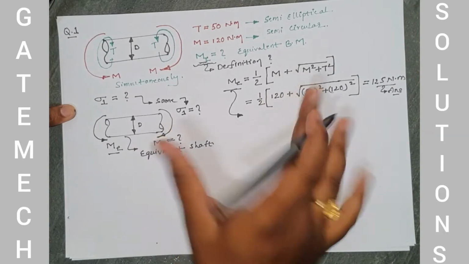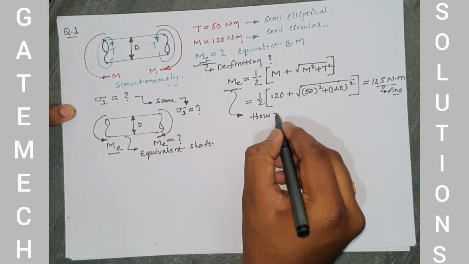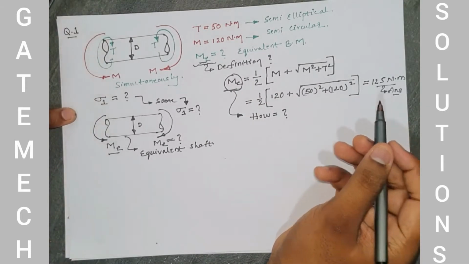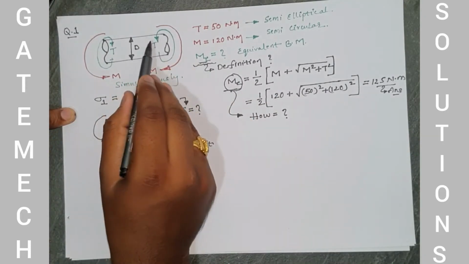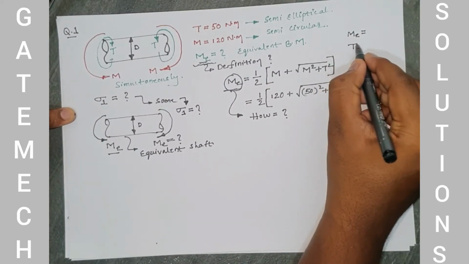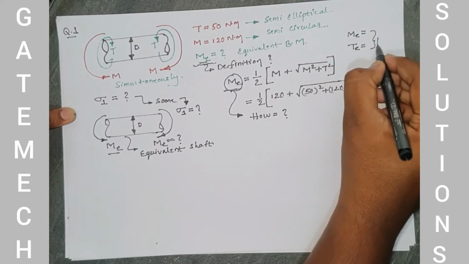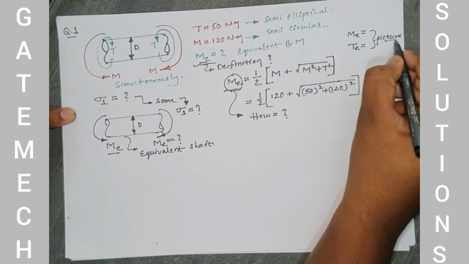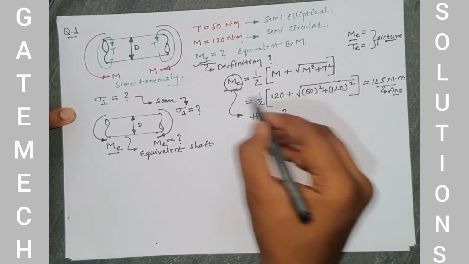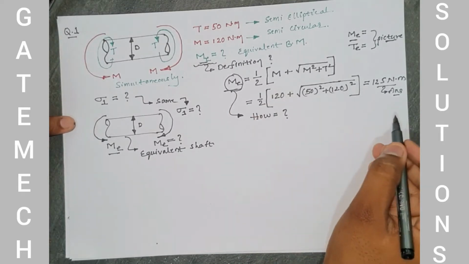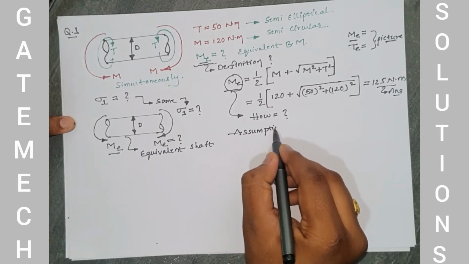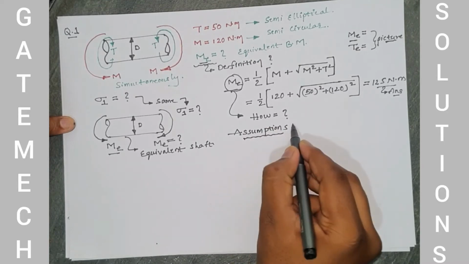But in this analysis, I am going to discuss how this formula came and when we need to apply the equivalent bending moment concept. Whenever the shaft is subjected to both the twisting moment and bending moment simultaneously, there the equivalent bending moment as well as equivalent twisting moment concepts come into the picture. But in this question, they asked only the equivalent bending moment. The formula will be this one. But how this formula came, everything I am going to discuss. Before going to discuss this, there are some assumptions required for this formula.